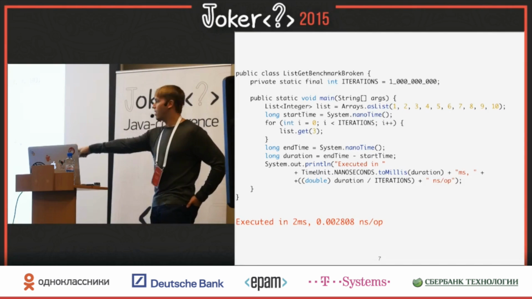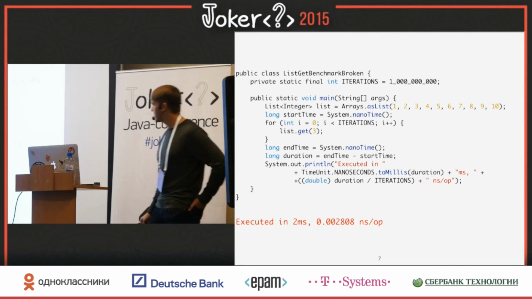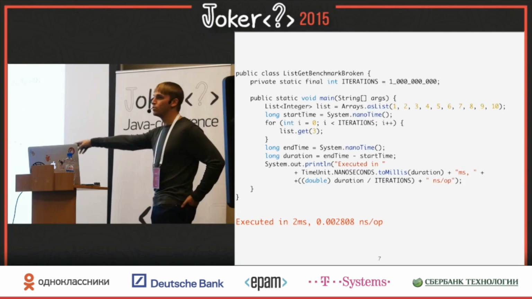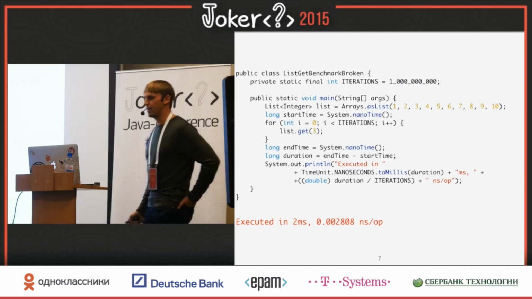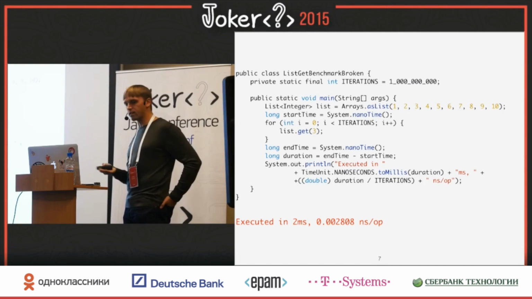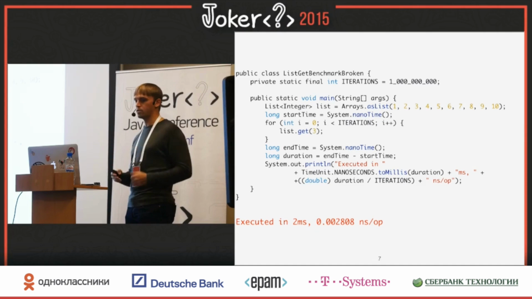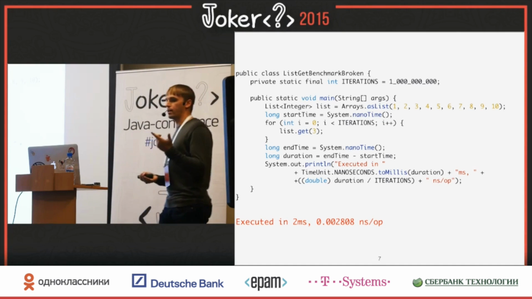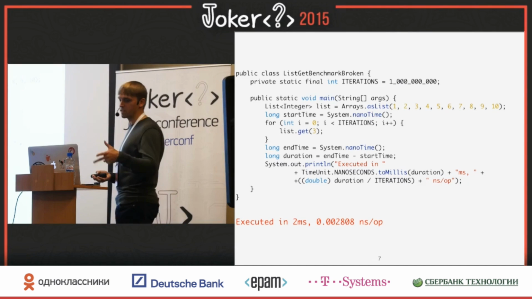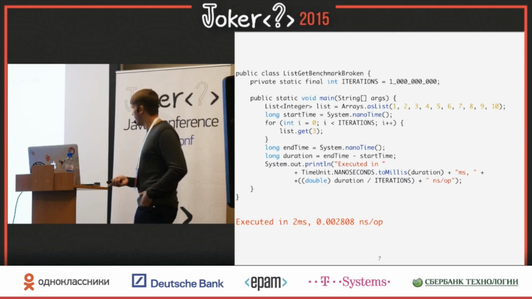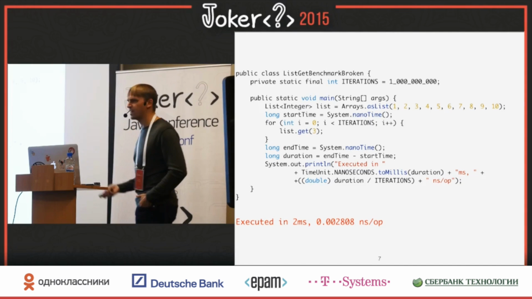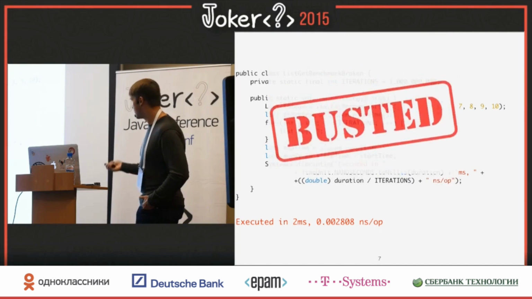That's my time. I run it, I see, wow, it's executed in 2 milliseconds, and the cost per operation is 0.0, I don't know how many zeros, 2 point something nanoseconds. And like, okay, this is funny. It's run on this laptop. It has like 2.7 gigahertz. Let's just downsize it to 2 gigahertz, which means per nanosecond I can execute basically up to 2 cycles. And here it says I can execute like 300 or 400 cycles. It cannot be. It just busted.